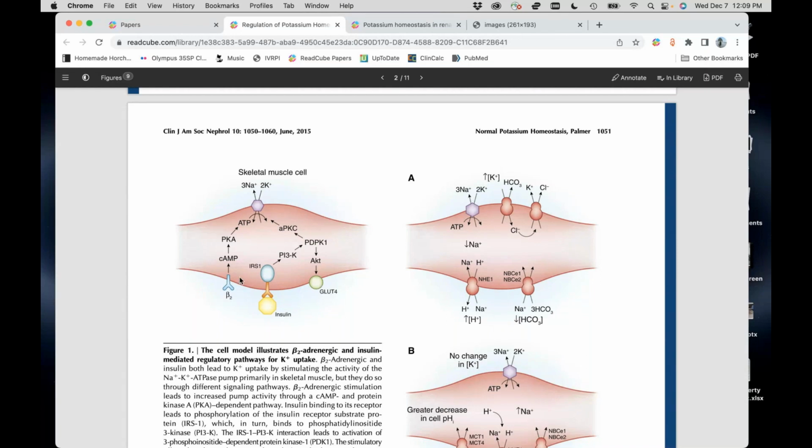And catecholamine, specifically through our beta receptor, will stimulate the entrance of potassium into the cells through direct stimulation of the sodium potassium ATPase. And we utilize this, right? This is not surprising. We use these mechanisms for the management of our patients with hyperkalemia. So giving insulin is going to stimulate